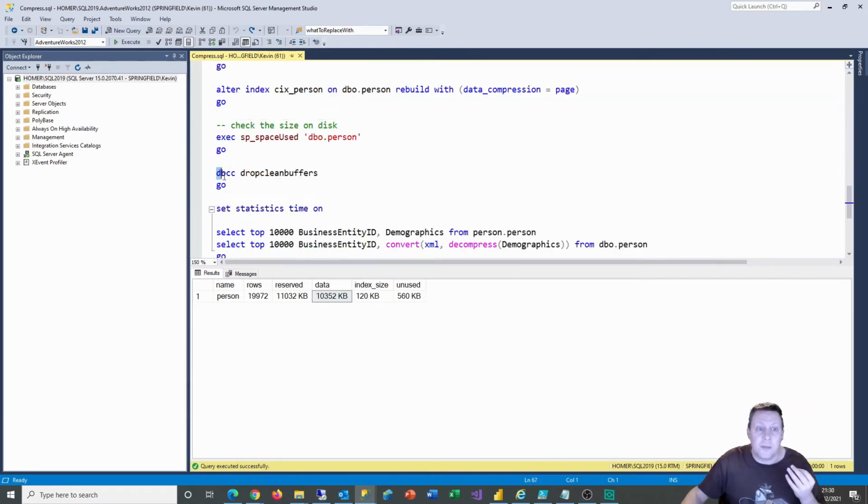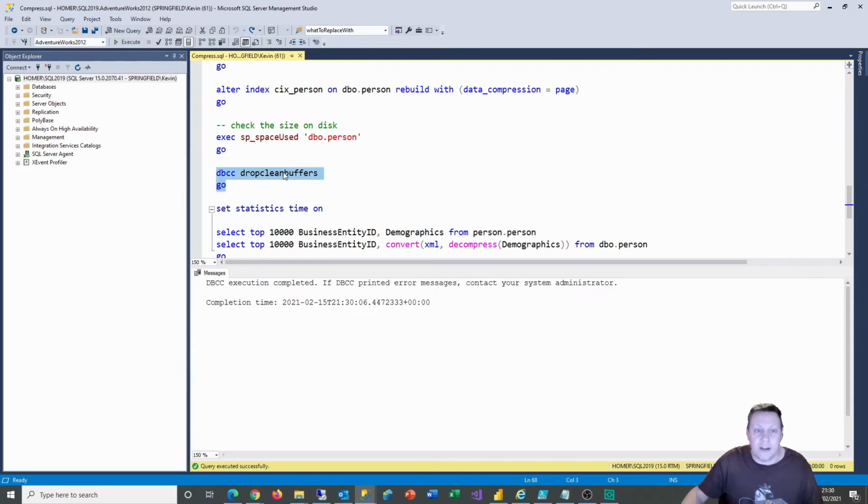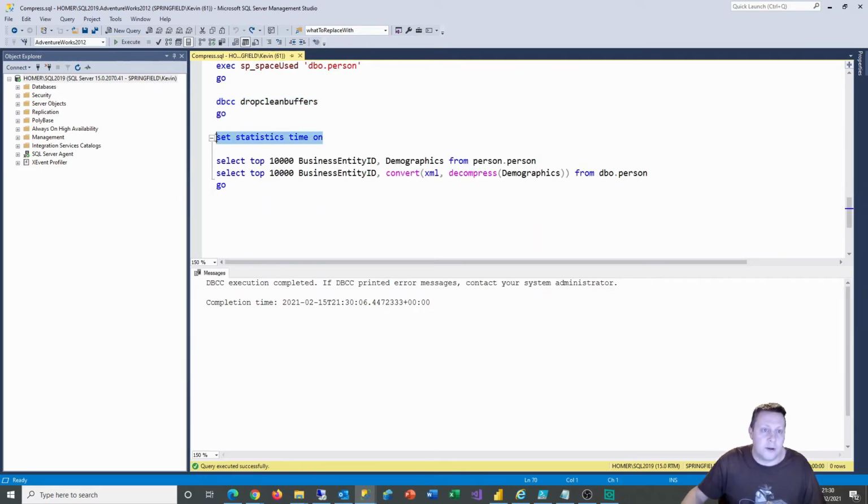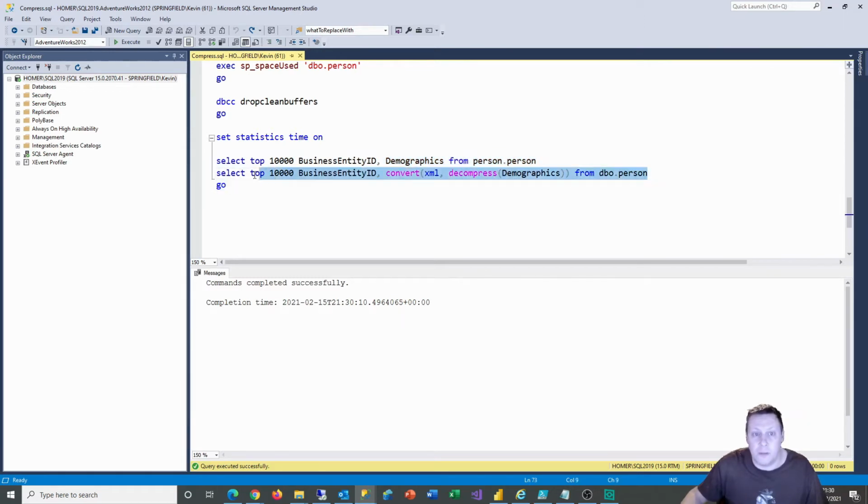The key bit I'm actually interested in though is once you've run it, let's set my stats time on. If we now try and get 10,000 rows out of that, it's basically about half our table. I'm going to get it from the original table, and I'm going to get it from my new one where I'm actually going to have to decompress the column. So having compressed it, I've got to decompress it and convert it back to XML. So if I run this,